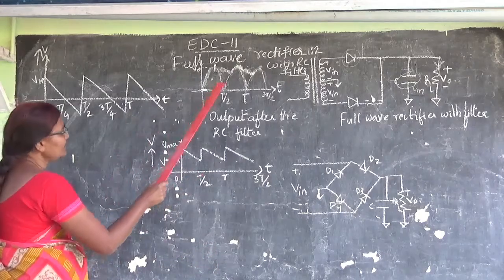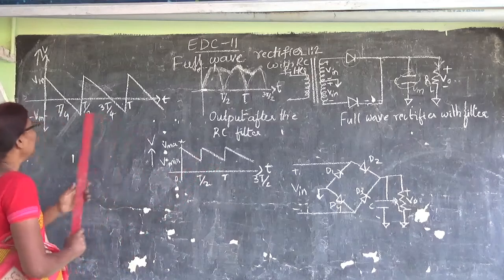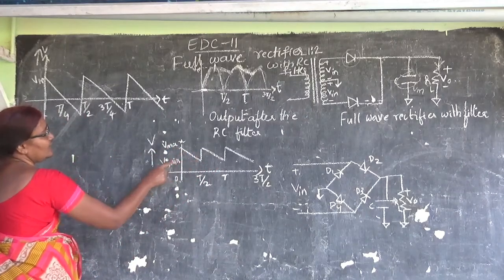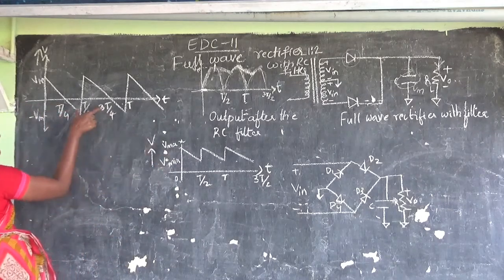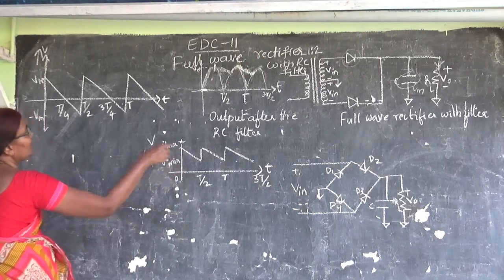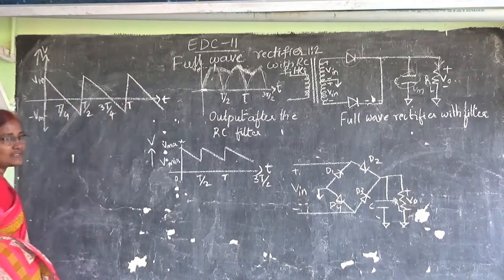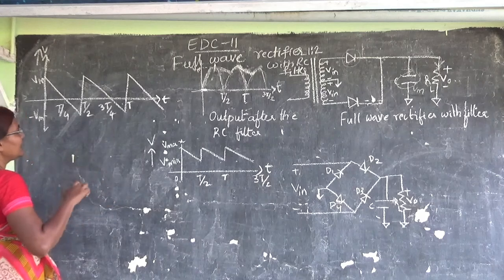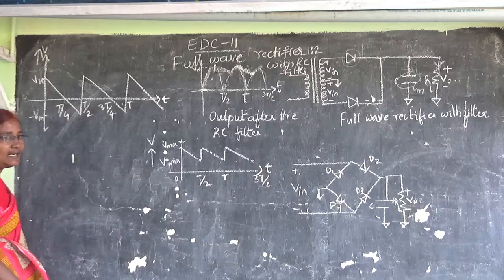So if this is the filter waveform and we have taken this as V maximum and V minimum, and if I offset this waveform it will be like this. If I approximate this waveform with the sawtooth wave, then my wave will be like this. The difference between this calculation and the previous one is only the time period.